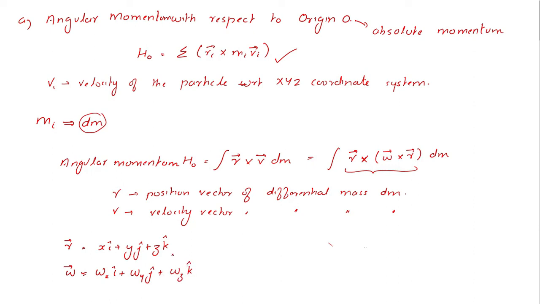If I substitute these values in the equation and take the triple product, r cross omega cross r, what I would get is H_O equals